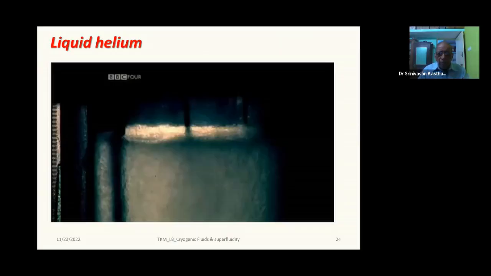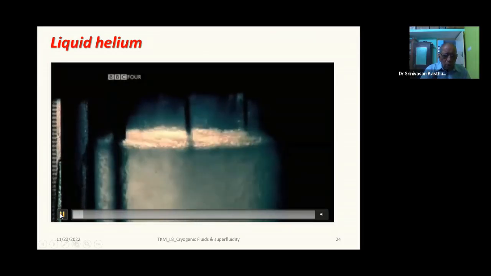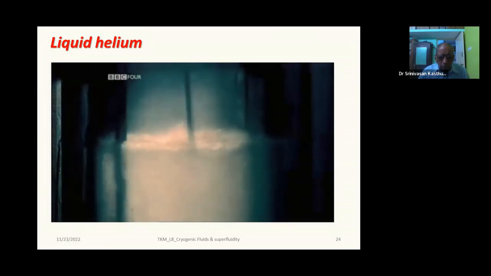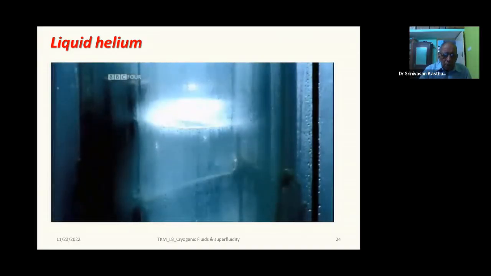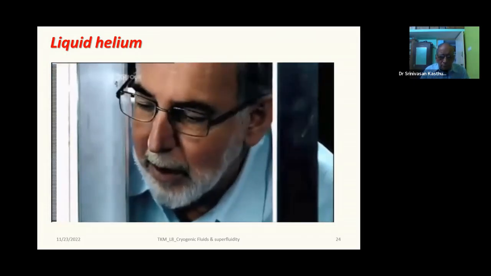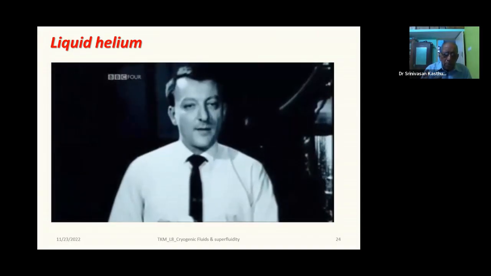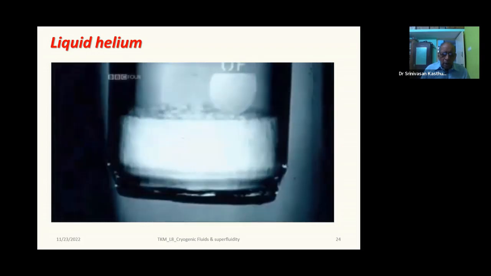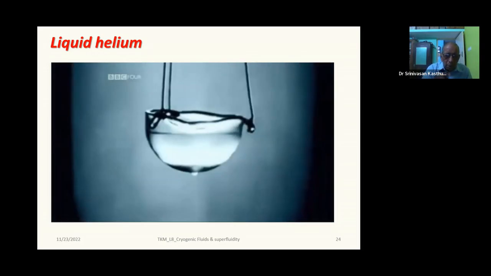Okay, this video again, I will play it so you can have a look at it. I will explain this in a short while. Okay, it will go again rapidly, just don't bother about that. So you can see helium is boiling, and now it can become helium-2. It's a very clear colorless liquid. There are a number of interesting properties which the person will display. For example, he will take a porous material. Now normal helium will not flow through this porous material, whereas once it becomes superfluid,